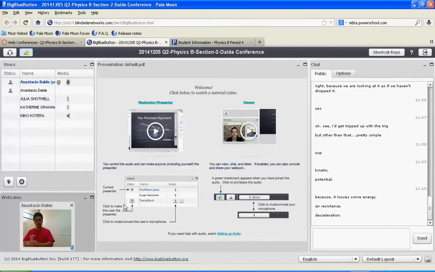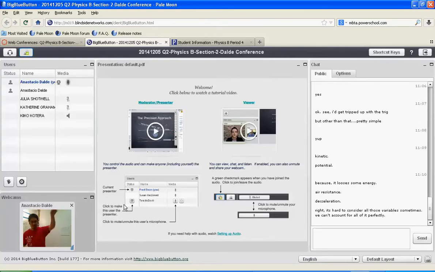Because energy is work, right? Work is force times distance. And like you're saying, Julia, there's air resistance. Because there's air resistance, that's work being done on the system. There's friction inside of that pulley up there. There's friction inside of the cord where it's touching, so it's rubbing a little bit. As it moves through the air, the iron is actually hitting molecules, running into air molecules, and you're thinking that's not going to cause much of a difference, but that actually does. It actually does technically heat up, and I don't even have it plugged in.